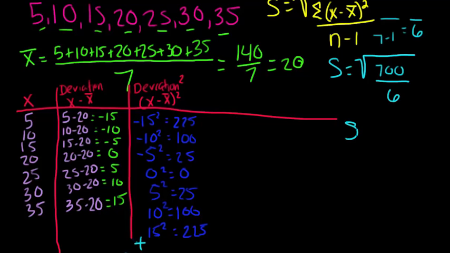When you calculate the square root of 700 divided by 6, it will give you about